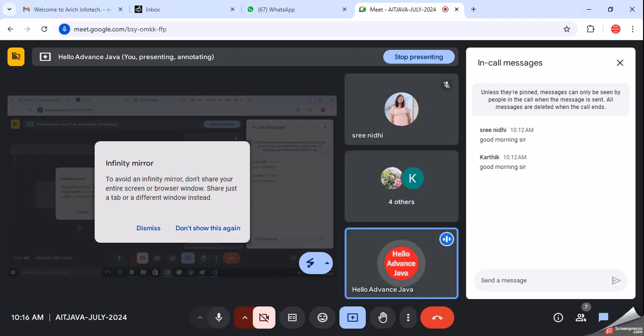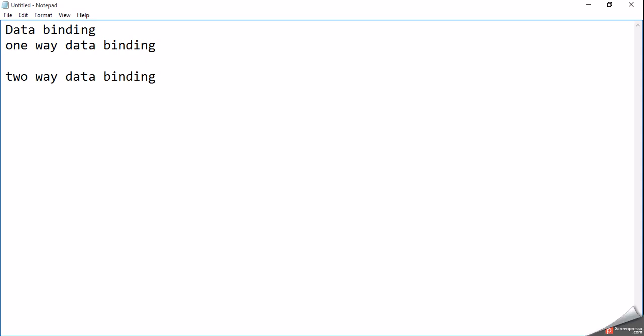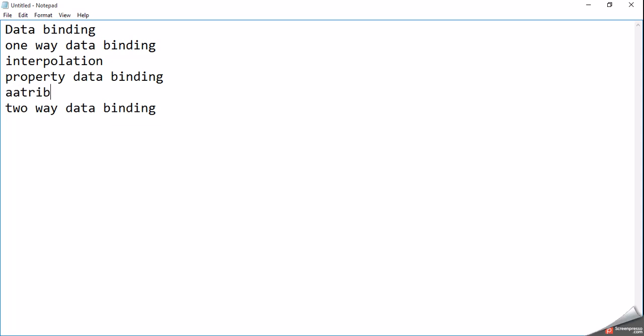There are different types of data binding in one-way binding, like interpolation data binding, property data binding, attribute data binding, event data binding.